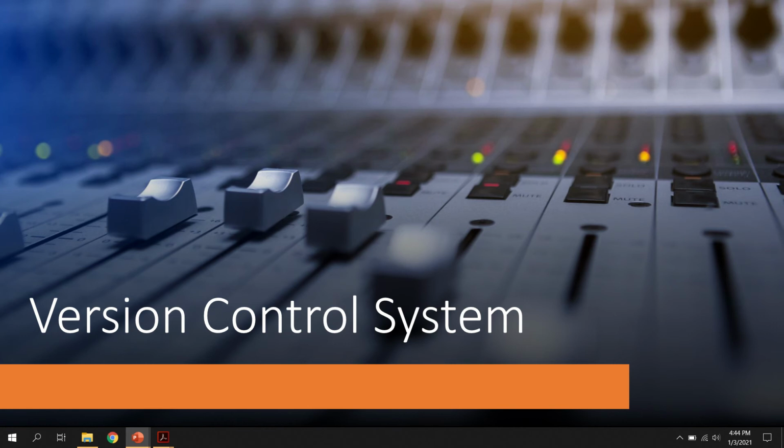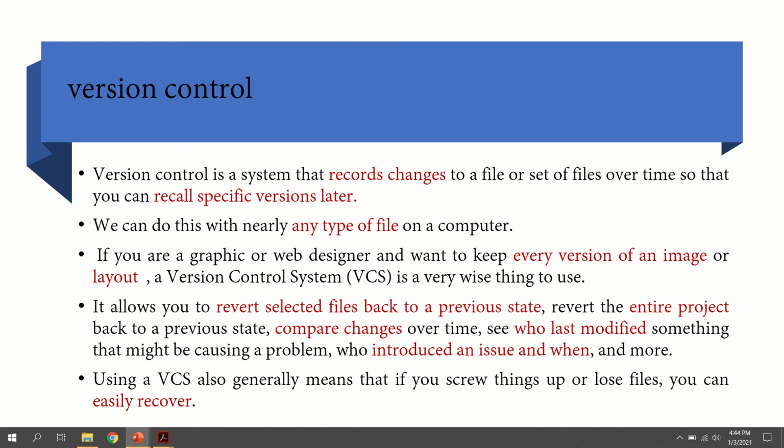And suppose the modifications are also working correctly, you will again make another copy of the modified one, and the new modifications will be done to this copy, and this process will be continued. And this is the version control mechanism. This is the same concept we are using in the version control mechanism. So here it comes, what is the meaning of version control mechanism. Actually, a version control mechanism or version control system's main purpose is to record the changes to a file or set of files over time, and we can recall the specific versions later.